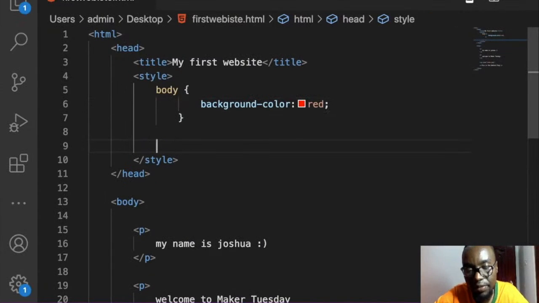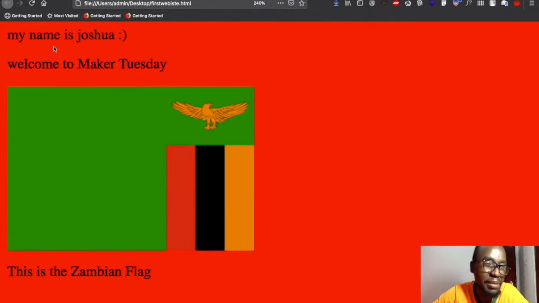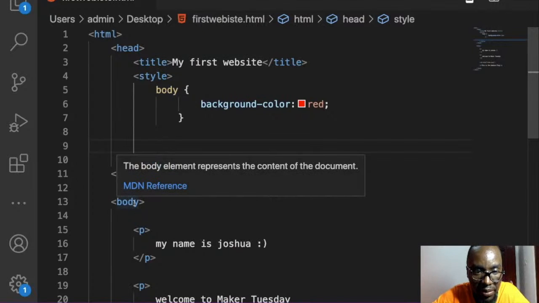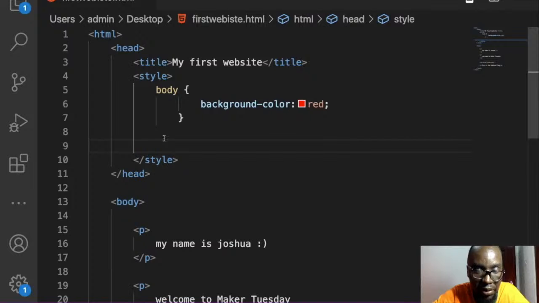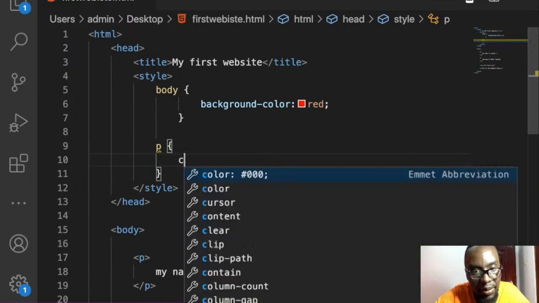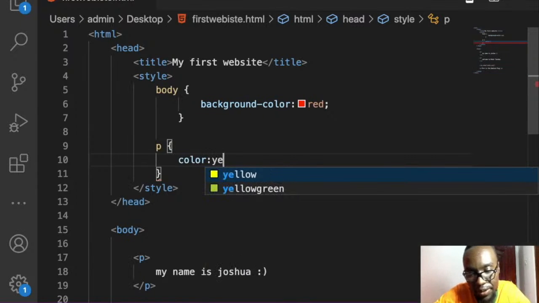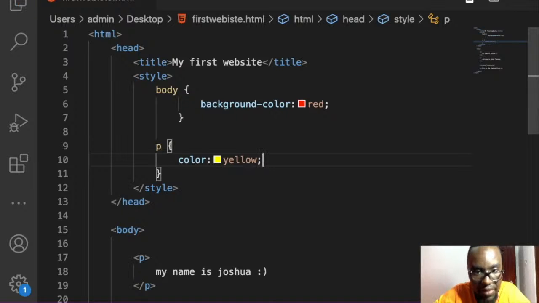What if I want to now specify our text? Look, our text here, it says normal dull color. It says black. What if I wanted to add in maybe blue text, or yellow text or green text? How do I get to do that? So inside our style, we focus on body. Remember that's there, body, and you've seen a tag for paragraph. We wanted just to specify for paragraph, so I can say P, also curly brackets in between there. Type in the word color this time, not background color. So color, and then we just say yellow,